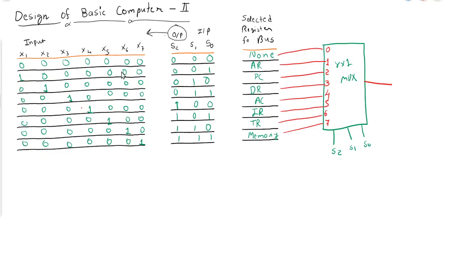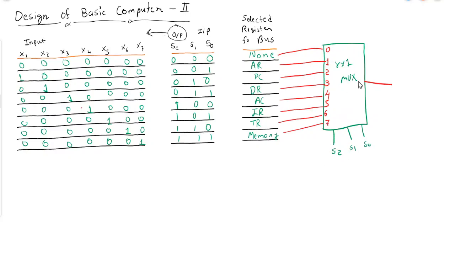So there we have discussed how we can develop the circuit for the three inputs of the address register, like load, increment and clear. So here we will try to develop a circuit for various components of the common bus architecture. If you recall the common bus architecture, there was an 8 cross 1 multiplexer. So there was a 3-bit input. To give input to this 3-bit, we have to develop a circuit for this selection input.